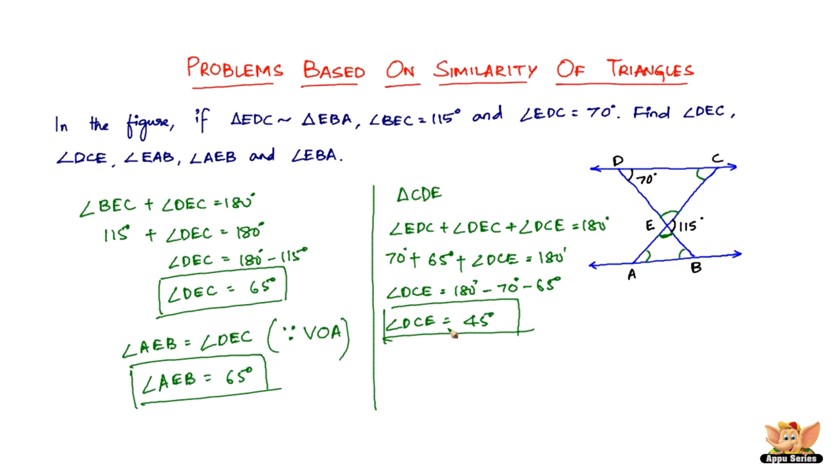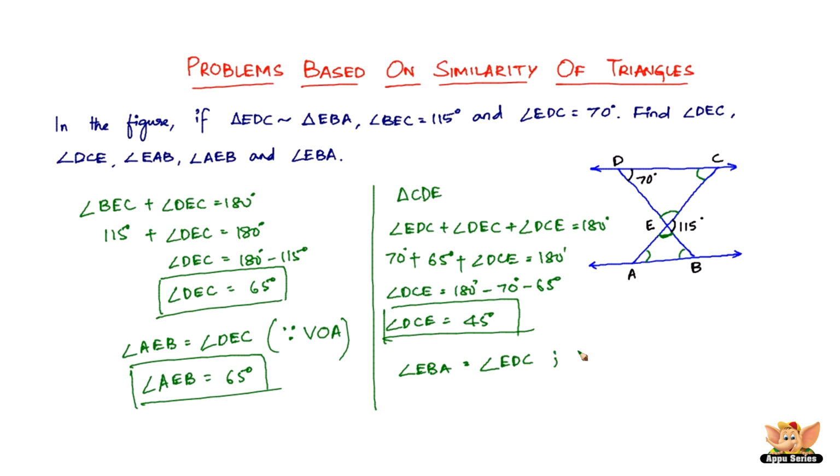So now it is given that triangle EDC is similar to triangle EBA. So now we've got to use all this data to find the rest of the 2 angles, that is angle A and angle B. When these 2 triangles are similar to each other, angle EBA is equal to angle EDC. You simply can't say that angle D equals angle A and angle B equals angle C, because these 2 triangles are inverted. If you put it the right way, you can see that angle B will be equal to angle D and angle A will be equal to angle C.